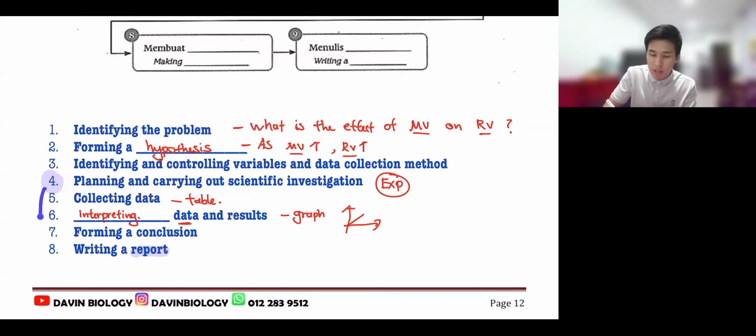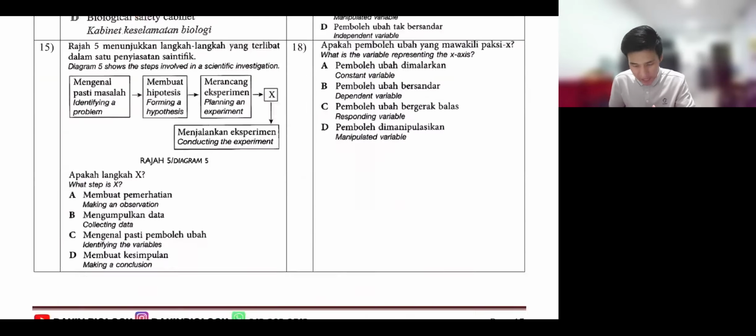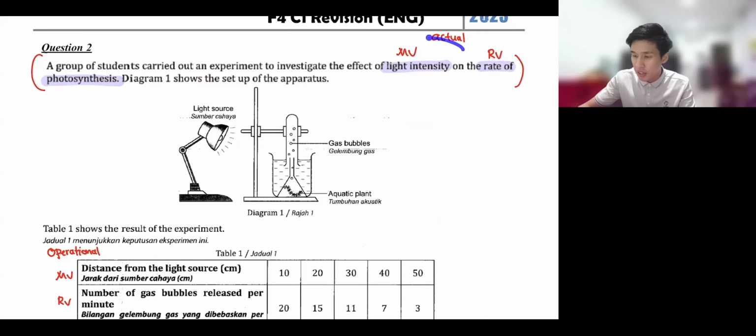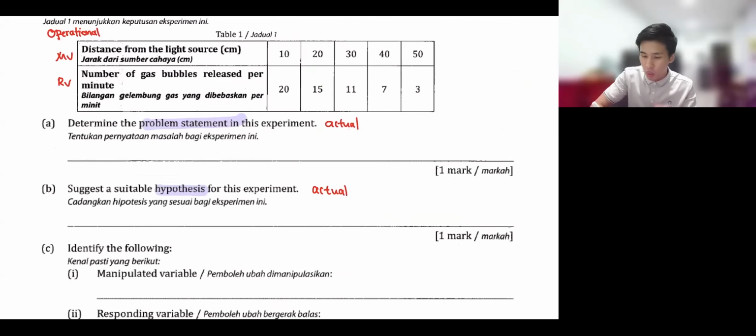After you carry out the experiment, then only you will use the experiment variables, like your table, your graph, only will use operational. That's simple. Okay. So for this one, we always copy the question. Copy here. So I give you the format already, right? What is the effect of